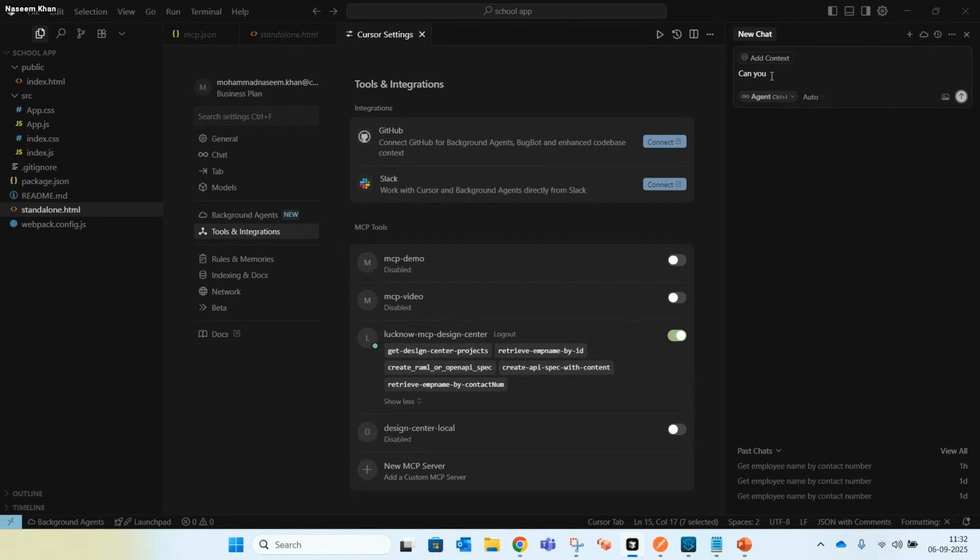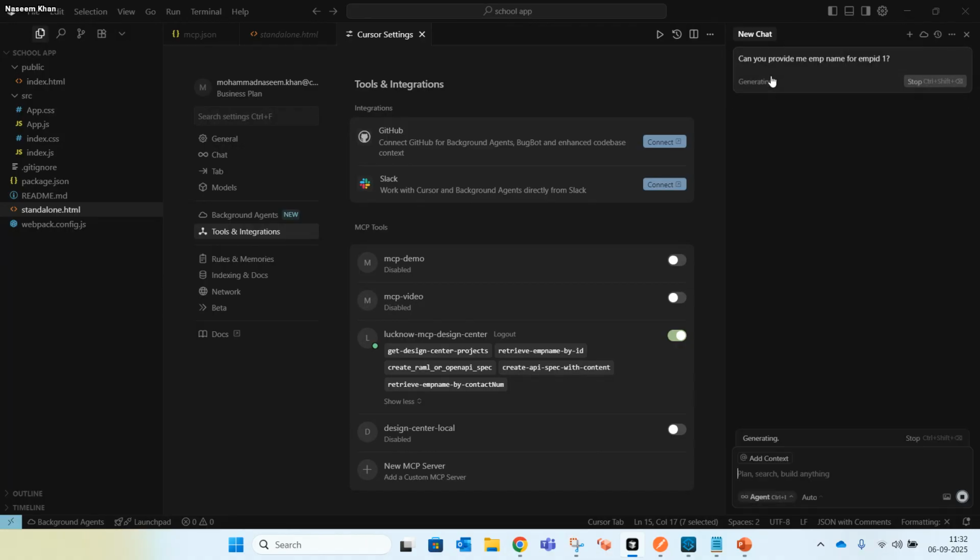Can you provide me employee name for employee ID 1? So it should invoke retrieve employee name by ID. It's not invoking employee name by contact number, because we have provided employee ID 1. So it is asking for approval.